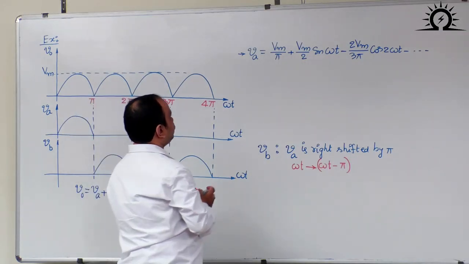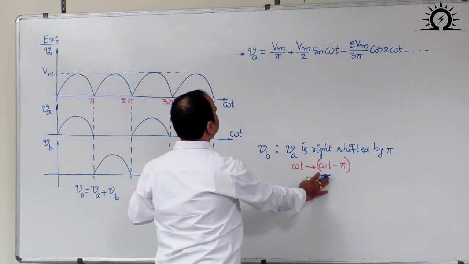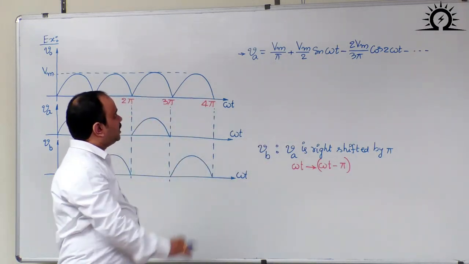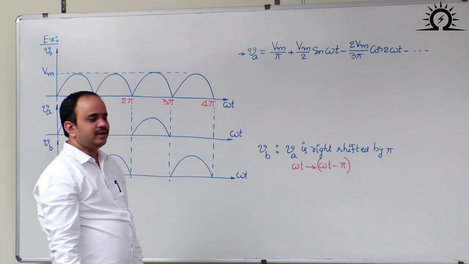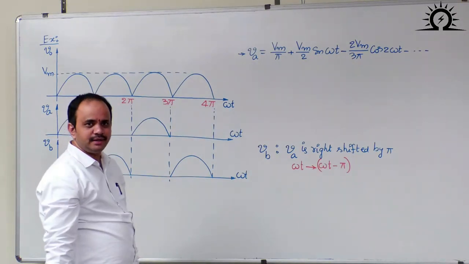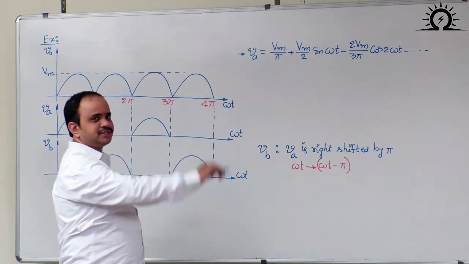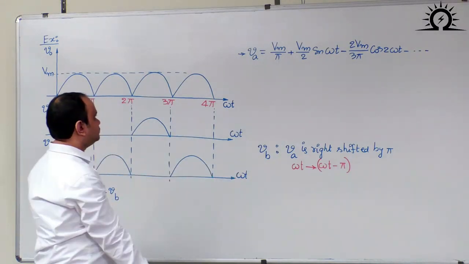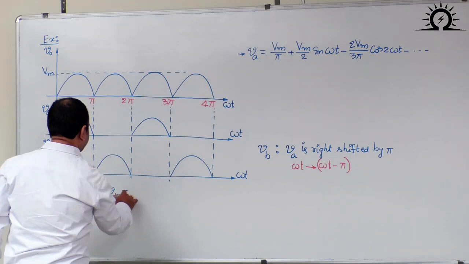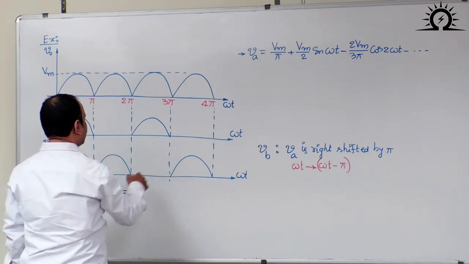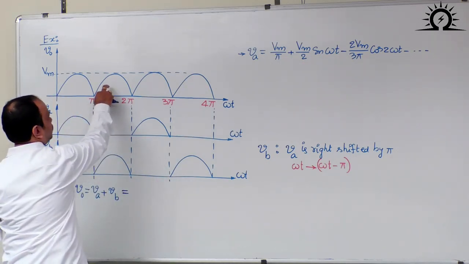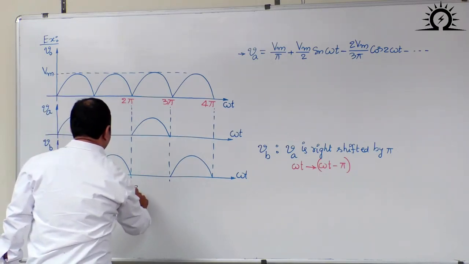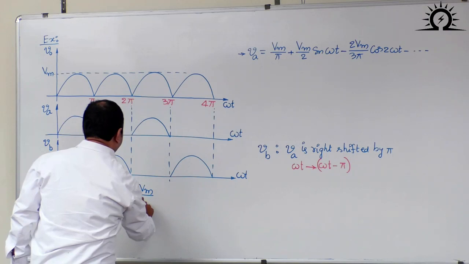So if you shift this, there is no change in the Vm by pi term, and the sin omega t term will become minus sin omega t. There will not be any change in the cosine terms. So by doing that right shifting and adding these terms, we will get the Fourier series expression for this particular waveform as 2Vm by pi